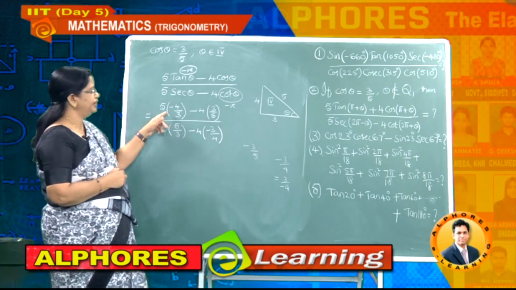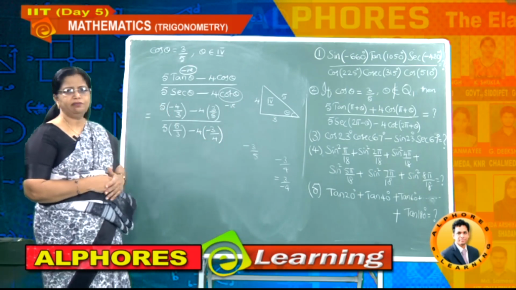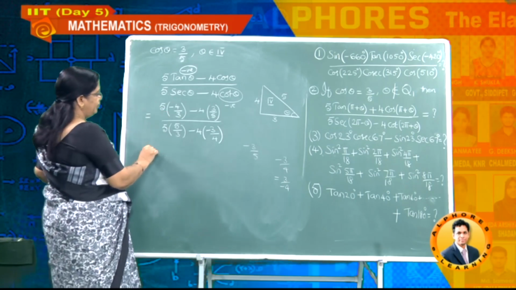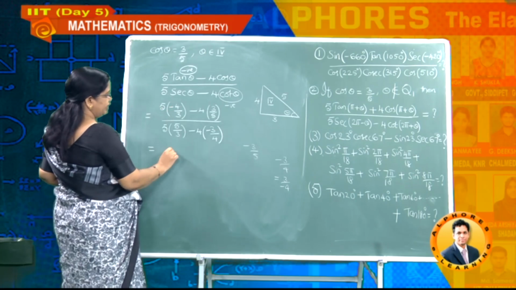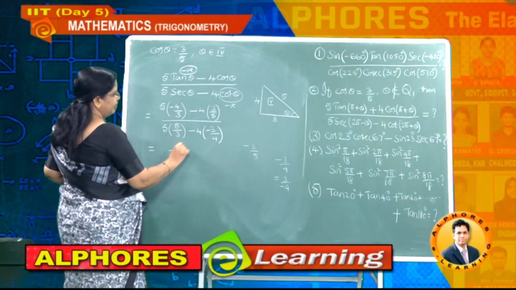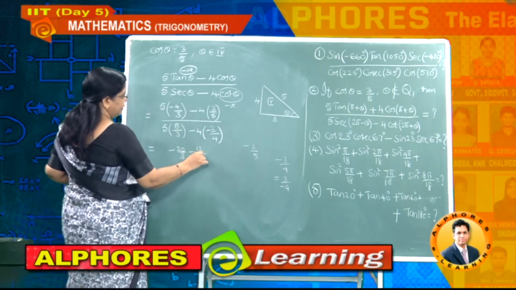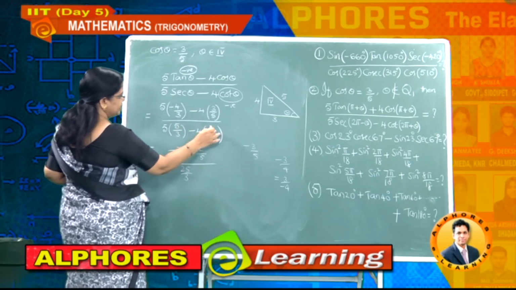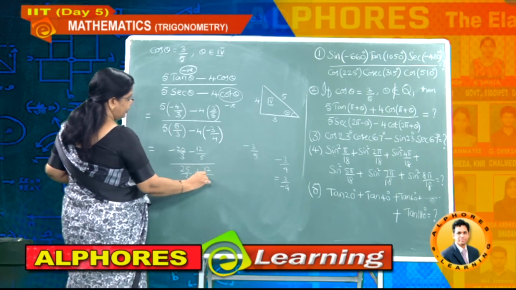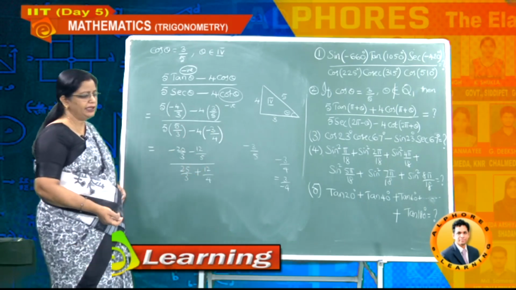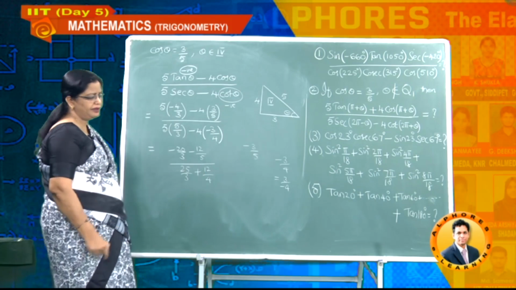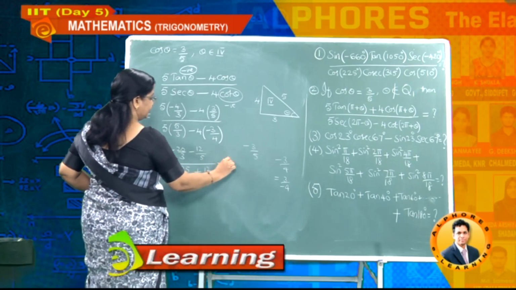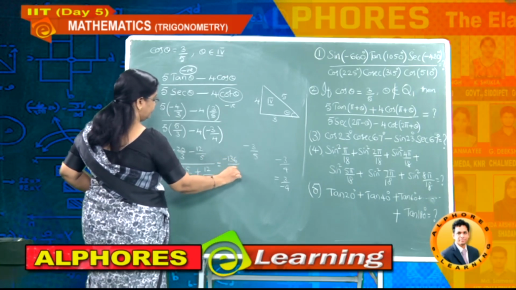So if you write in this way, now you can simplify. You all know very well how to do the simplification part. Minus 20 by 3, okay. After that minus 12 by 5, whole divided by the denominator 25 by 3, and this is plus 12 divided by 4. And now let's take the LCM, and thereby you can simplify. Minus 100 minus 36, so minus 136 by 15.